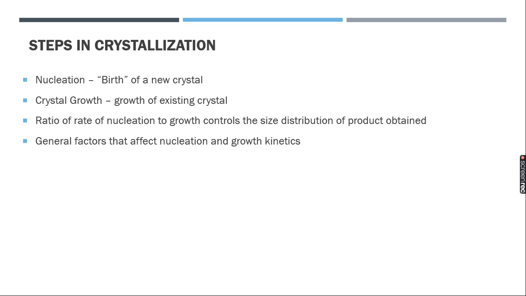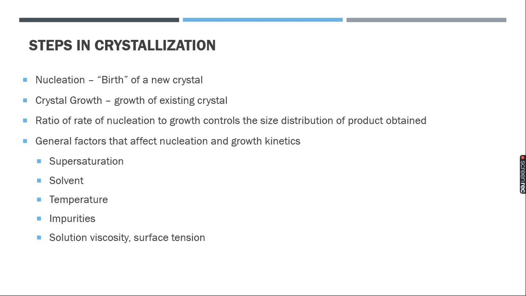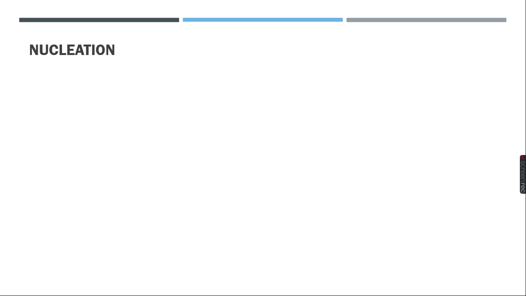It can be some physical parameter as well. So supersaturation is the first one, the solvent, temperature, a presence of any other impurities which can actually help for production of crystals, or maybe nucleation it can assist. Solution viscosity, surface tension. Of course, we have not discussed the degree of agitation, the surface of the container. All those things are also taken into the picture.